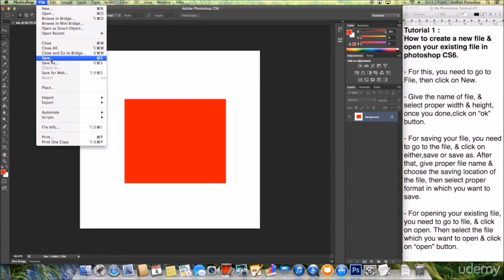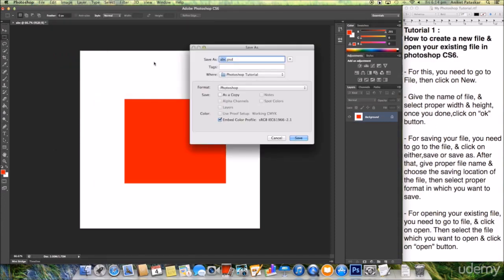So I'm selecting save now, and here you can change the file name. Here I am giving the name as one, and you can select the location where you want to save this. Here I am choosing it on desktop